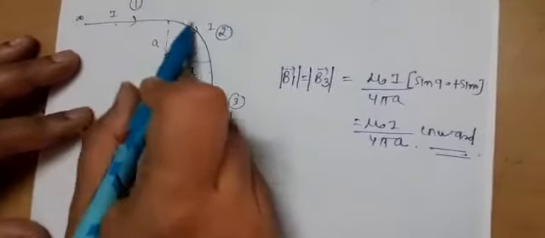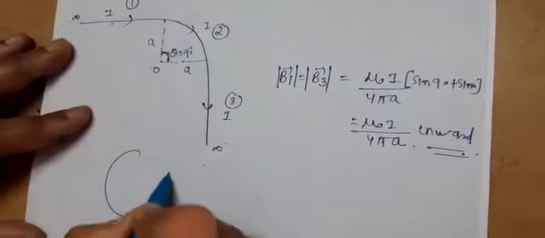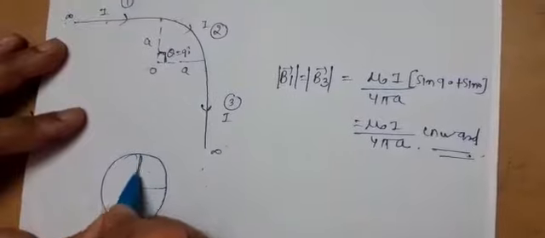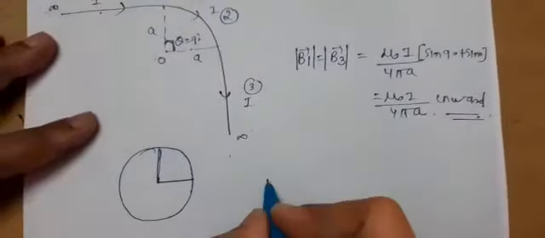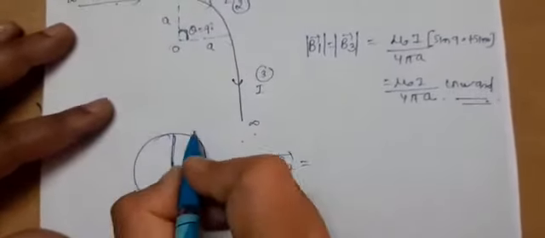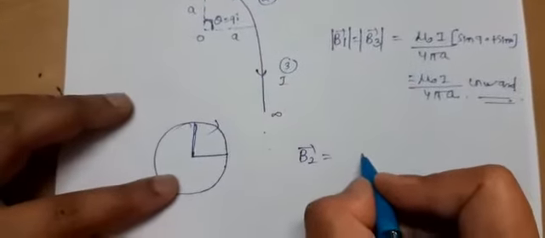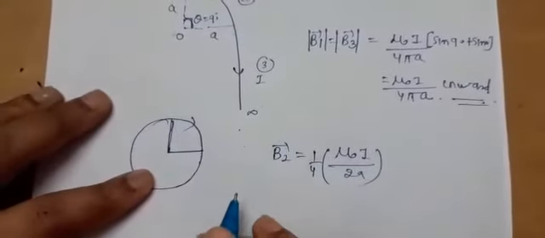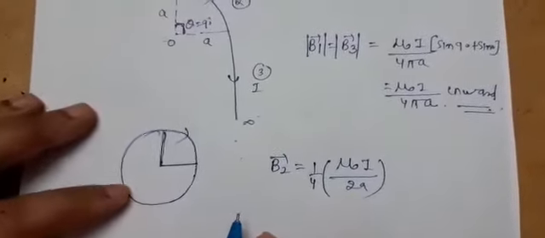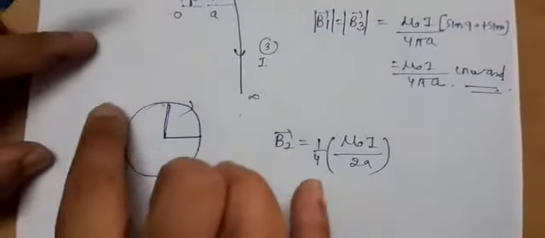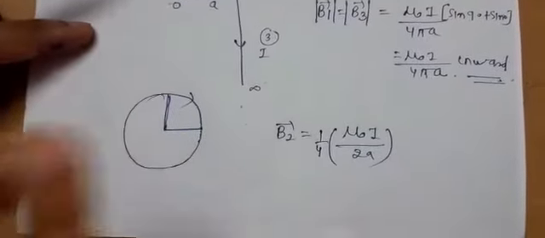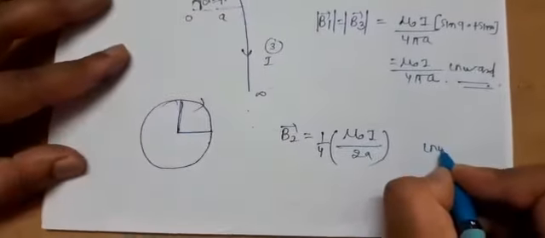For this part, now you can understand the point that for the circle magnetic field we have calculated, as we have to calculate magnetic field for this. So it is basically 1/4 of the magnetic field at the center. So magnetic field at the center of this 1/4 part of a circle is mu naught I upon 2a. Directly I can take its 1/4 part. Again, if I explain its direction, see, current is moving along this direction, clockwise. So when clockwise direction is there, what I have explained, magnetic field is directed inward. So here this direction is also inward.